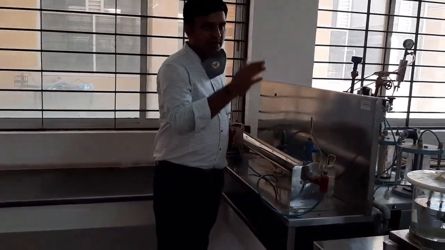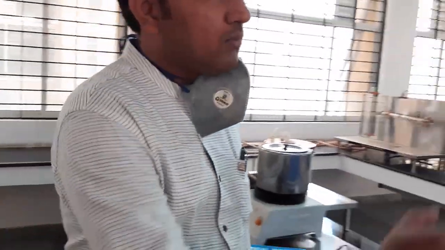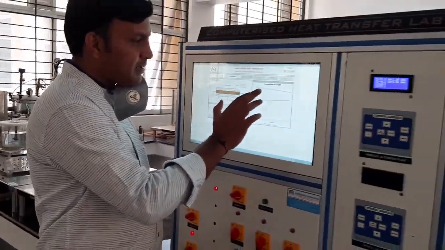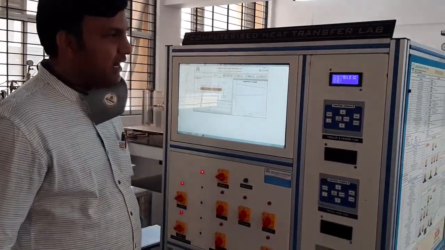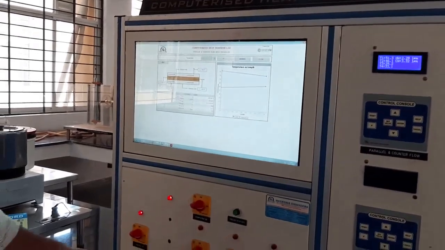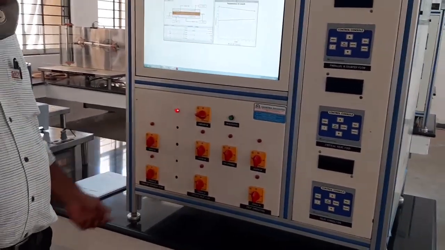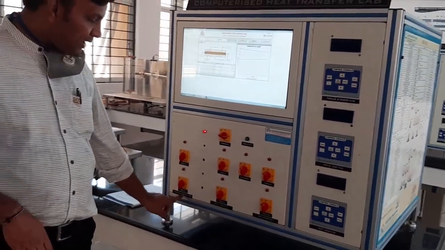Now we'll come to the point of how we are going to conduct the experiment. The readings are very simple. First, I'll start from the first. This is the parallel and counter flow heat exchanger.